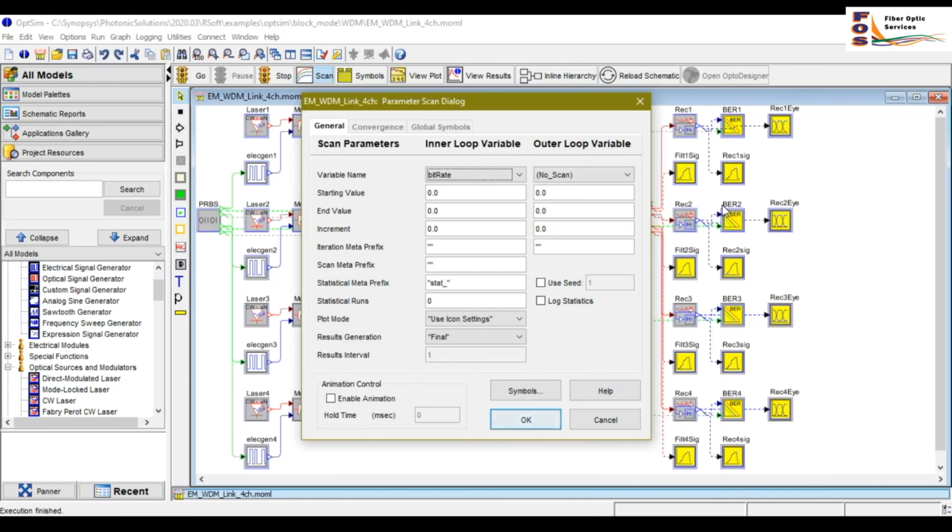In the same way, if you want to view BER versus frequency spacing, you will have to choose the corresponding variable to be scanned as the spacing, provide the start and increment values, do a parametric scan and view the result. If you want to study how the number of spans affects the system performance, you can choose the corresponding variable as the number of spans and do the scan as per your requirement.